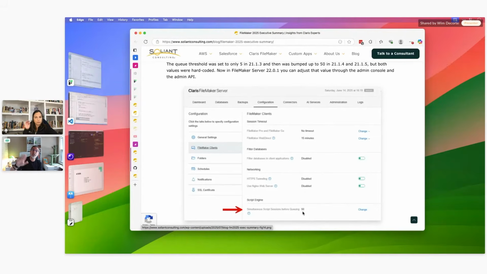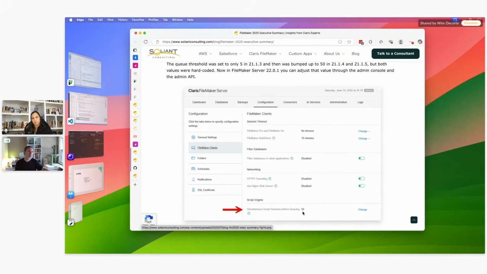It would not be skipped, right? Because there's another setting that's been around for a long, long time, which is the maximum number of PSOS sessions that you can have. The default for that is 100. You can scale it up to 500. The difference between the two is that with that old setting, if you had a 101st Perform Script on Server session that you wanted, that one would actually just fail. FileMaker Server would throw an error at you to say host capacity is exceeded. I believe the error is 812, right? So that one would fail.